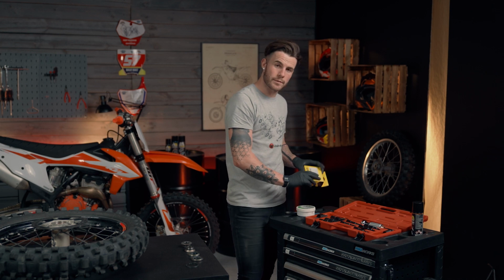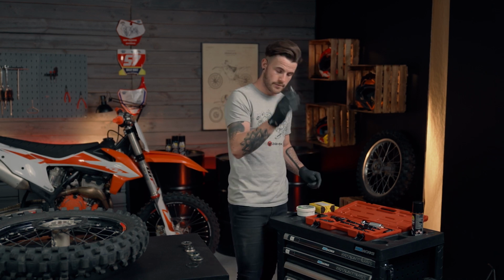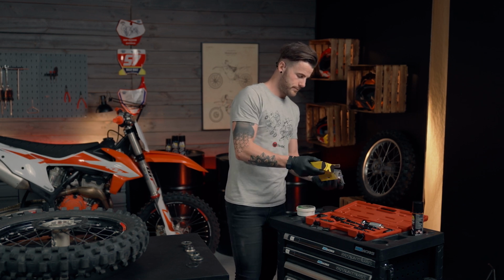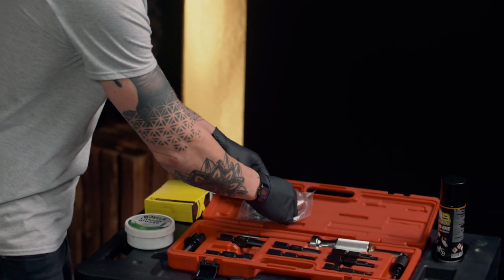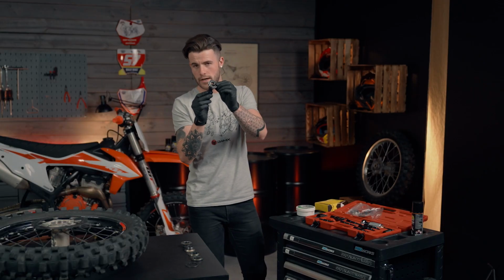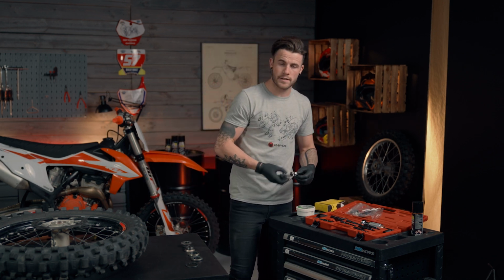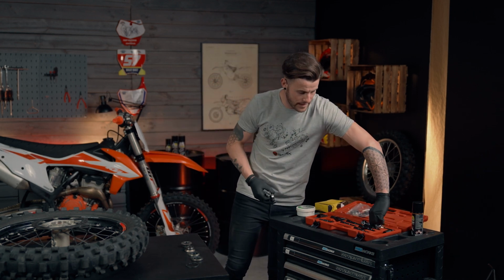So with the bearings we're going to be using from Prox, we're going to be using the 25mm die, because with the bearings you'll see the inner of the bearing will slide through the die like so. Now different size bearings also correspond to different size dies. So we're using the 25mm die with the slide hammer,